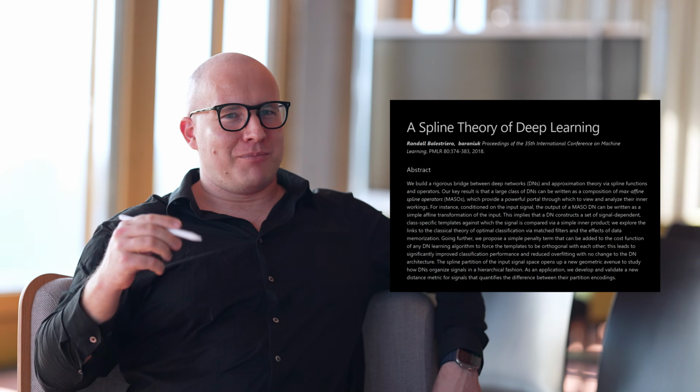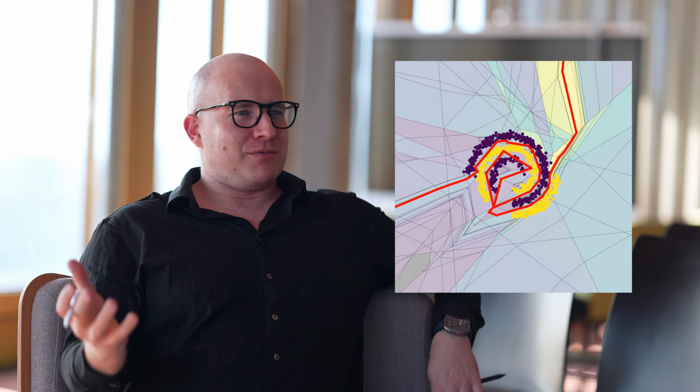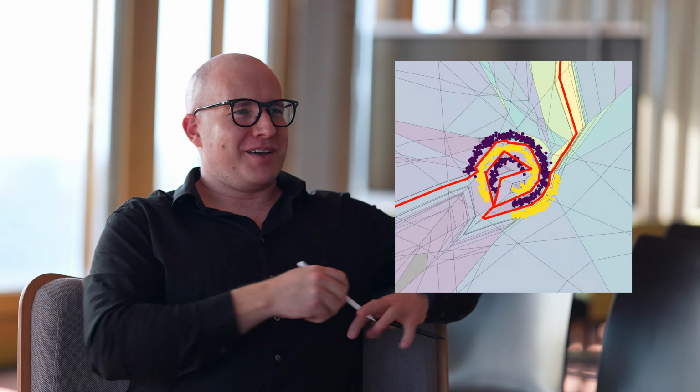In spline theory of neural networks, it's saying that models are locally affine. So for a given input example, you can actually represent the behavior of the neural network with a simple affine transformation, which is represented by the cutout honeycomb space. So yeah, that's how deep learning models work. Essentially, they're just a massive collection of linear transformations for a given input example.